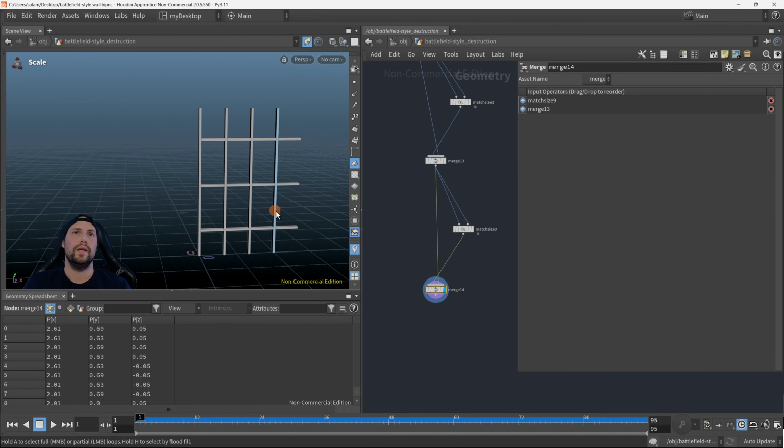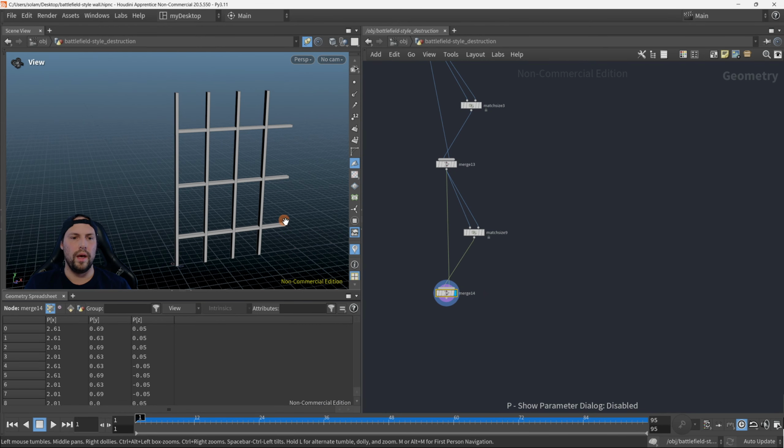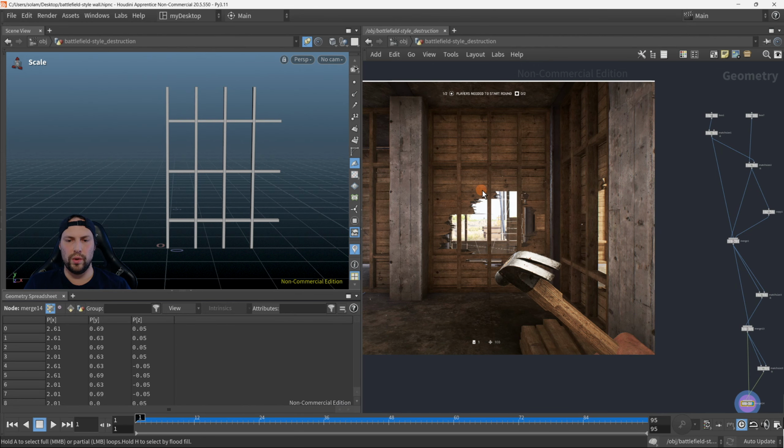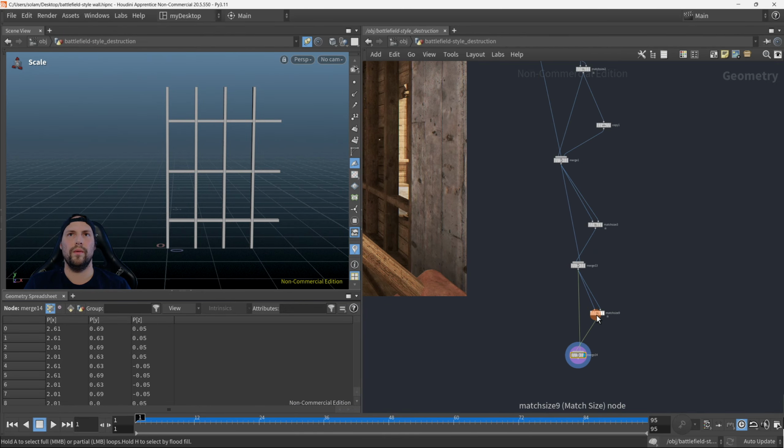Okay, now we have more duplications, right? Exactly what we need. And let's look at the reference here. So we have 1, 2, 3, 4, 5 vertical beams, and we have 1, 2, 3, 4. There's one missing. Well, what do we need to do now? We can't run through this whole procedure once again, because that's going to take this whole piece and duplicate it over, and we're going to be left with the same